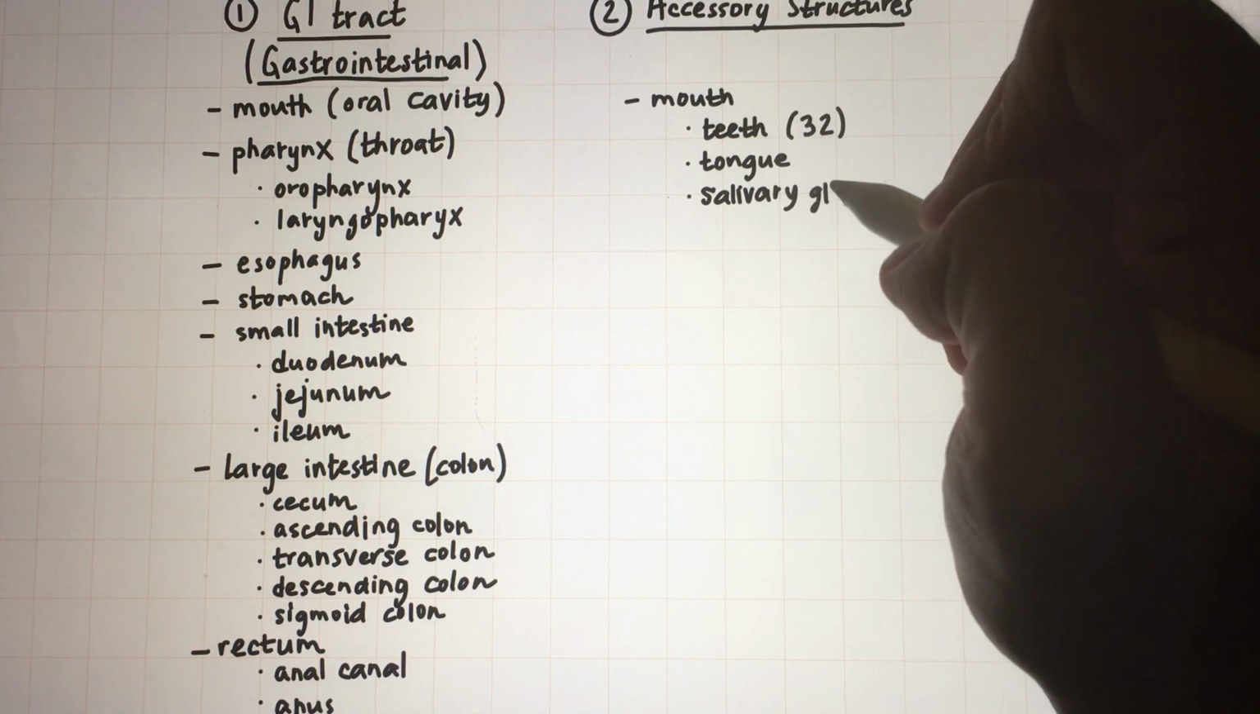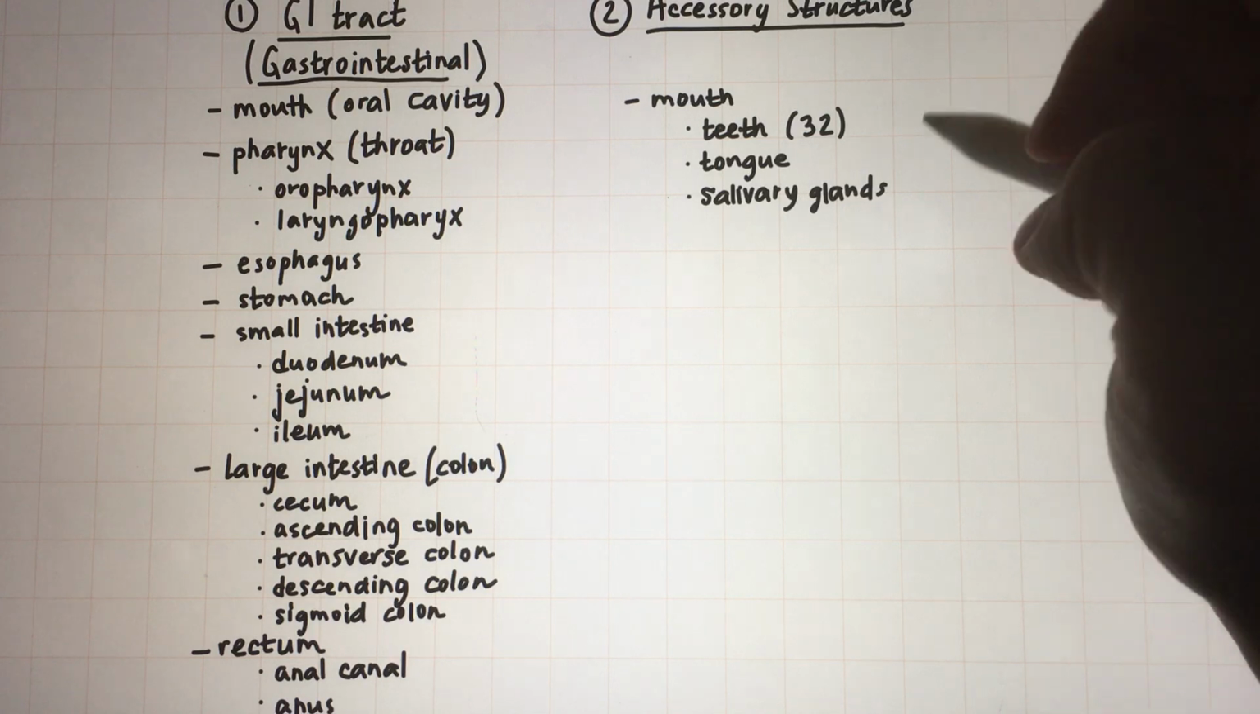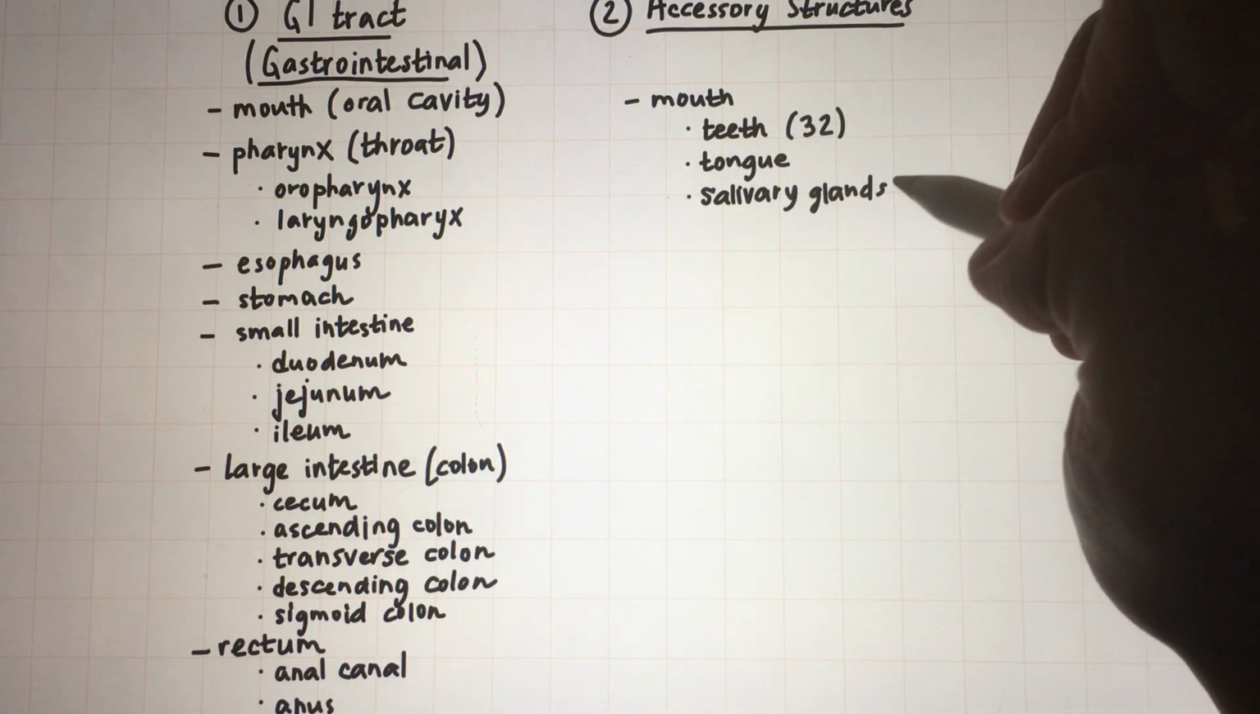Salivary glands, there are 3 sets of the salivary glands. The first set of the salivary glands is called,